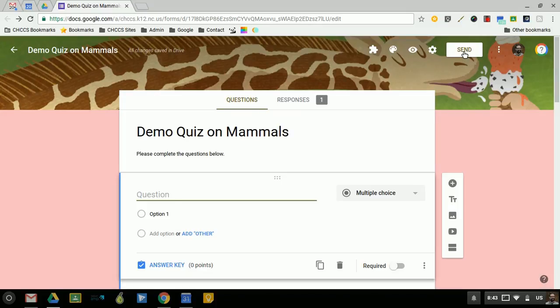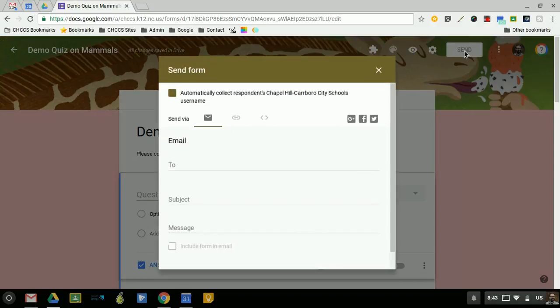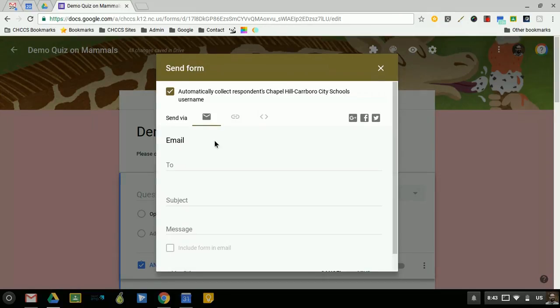If you'll notice, and this is the most basic way, there's a send button up here on the edit screen for your form. So when I click that, I'm going to get a couple of options. And one of them is that I can simply email the quiz out to students. So I can put in either individual emails, or let's say I've created a class Google group. I could put that in here, put the subject and the message in, and they'll receive a link to the